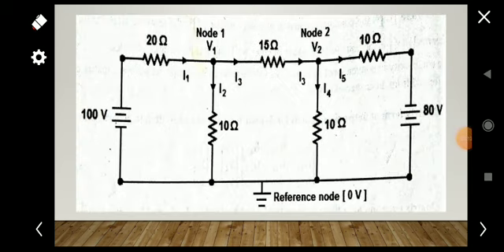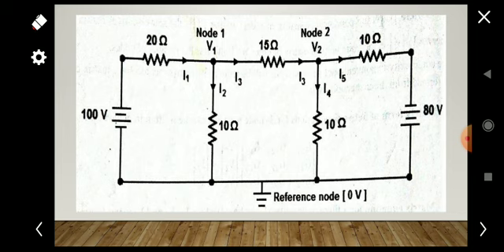In this figure we have assumed the current direction also. So the second step is to identify the current direction. V1, V2, and the reference node is taken as 0 volt here. After that we assume the current directions: I1, I2, I3. In the second node, I3 is coming in and I4 and I5 are leaving the node. After assuming the current directions, we have to write the KCL, Kirchhoff's current law equation,